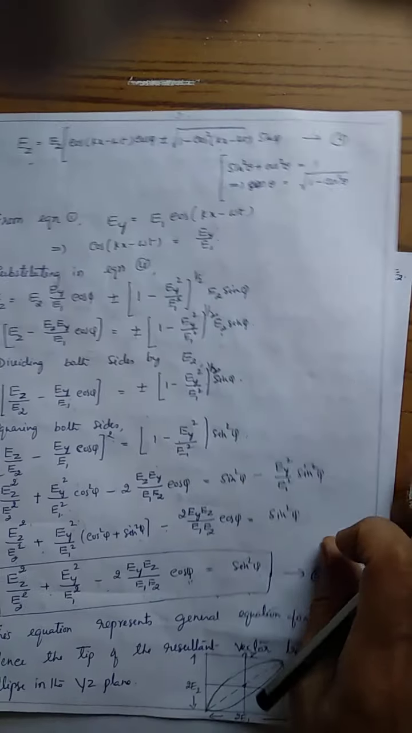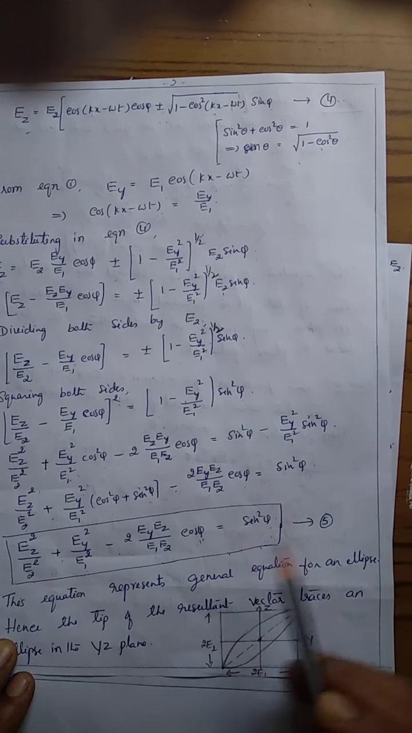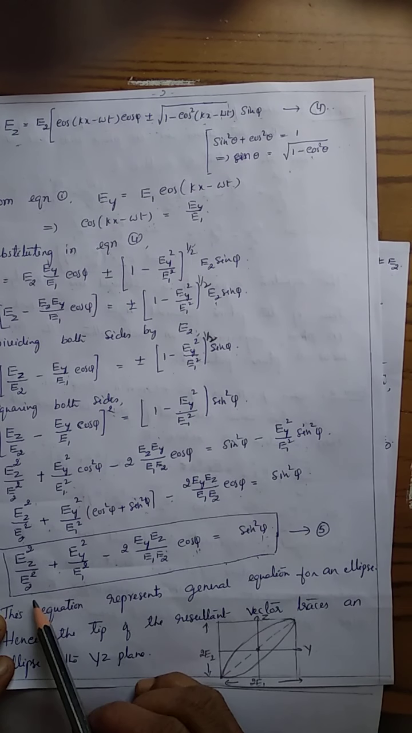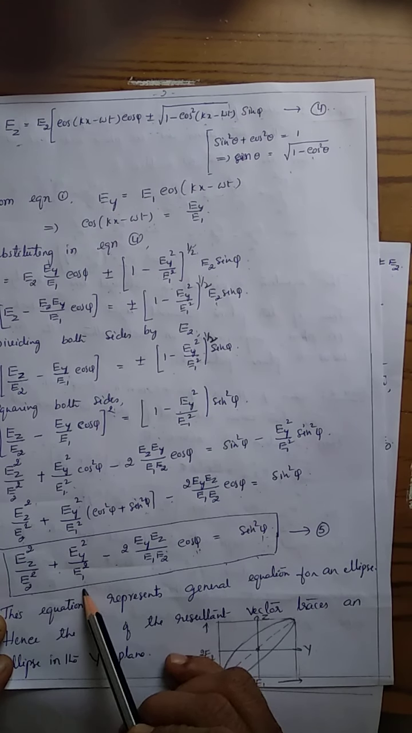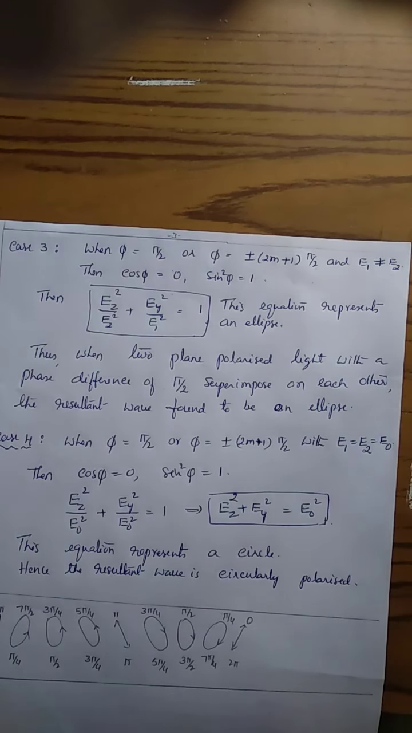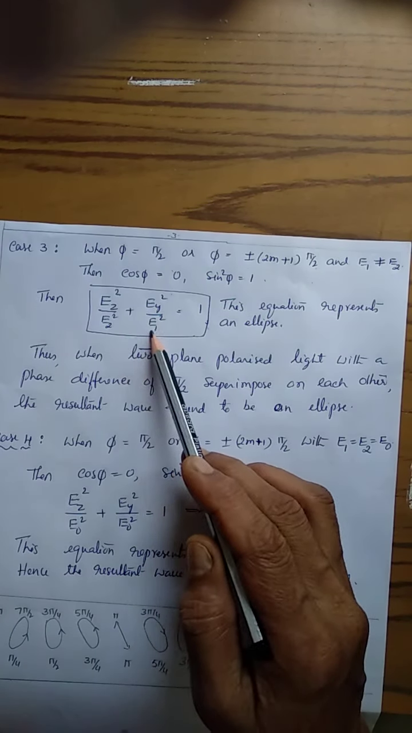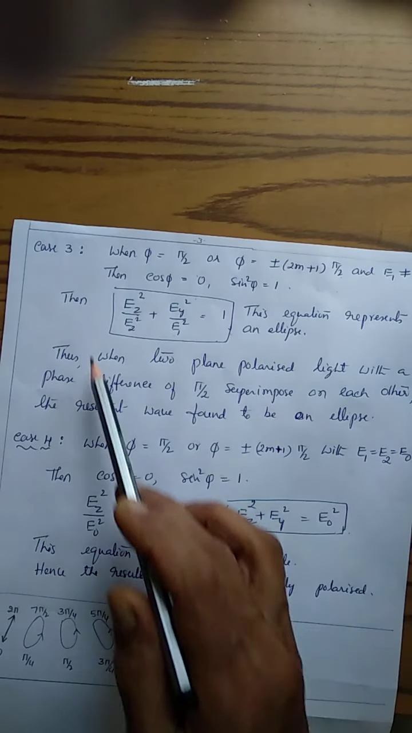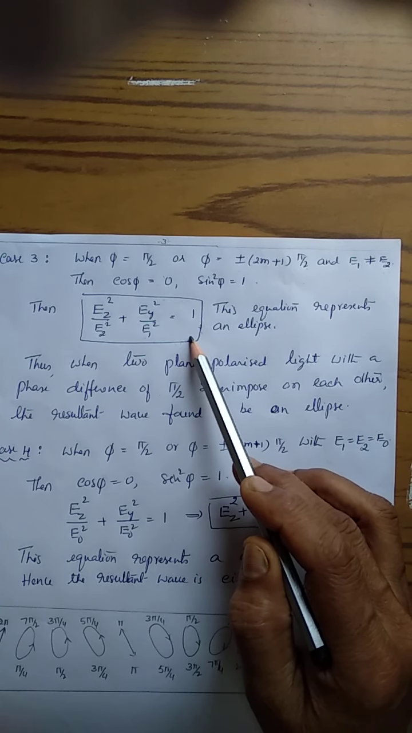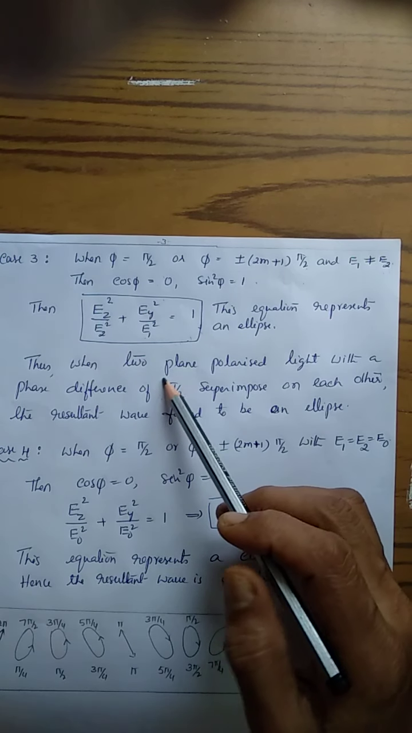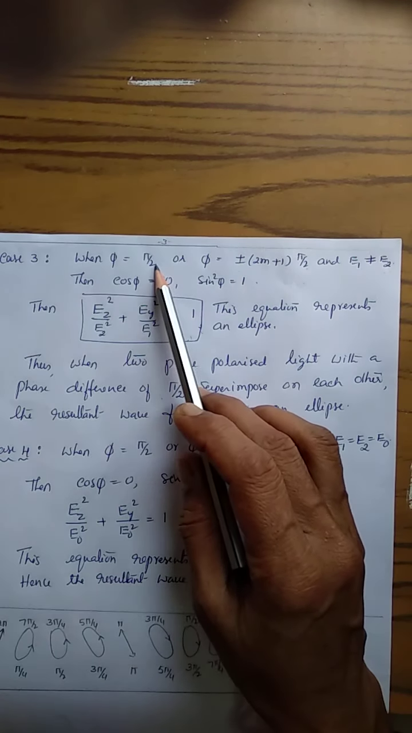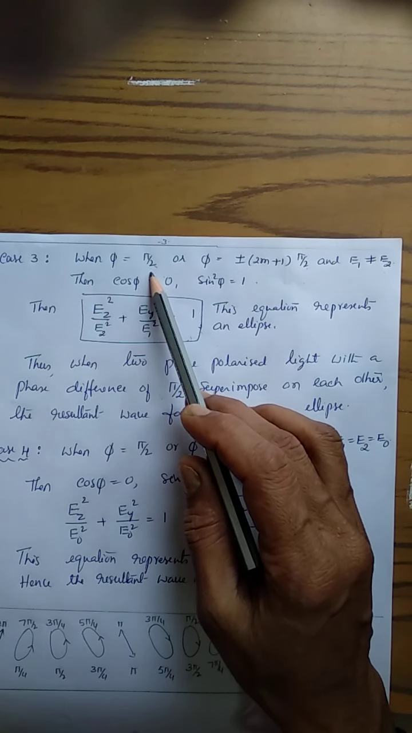In our resultant equation, the sin phi term is 1 and the cos phi term is 0. So we get Ez square by E2 square plus Ey square by E1 square equal to 1. The assumption here is E1 is not equal to E2, so this equation is nothing but the equation of an ellipse. This represents an ellipse. So when the two plane polarized waves are superposed on each other with phase pi by 2,